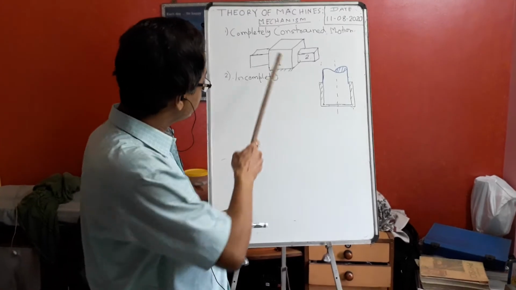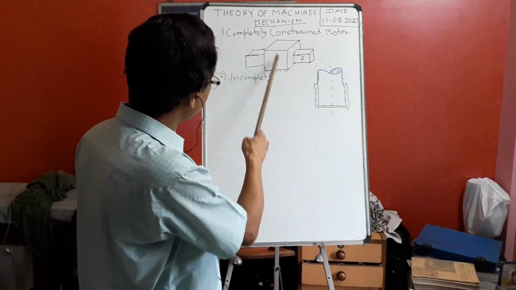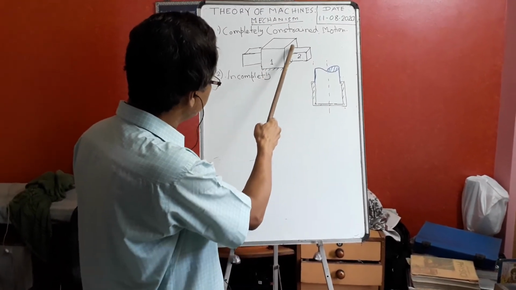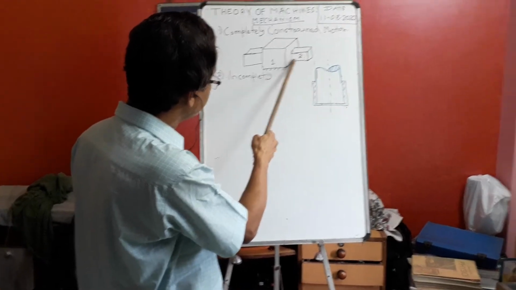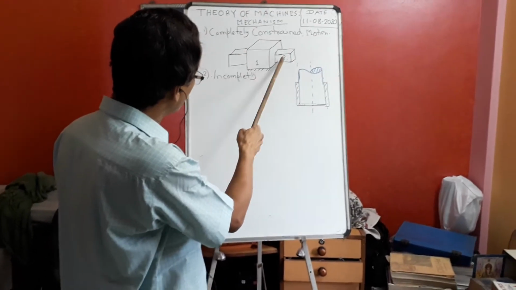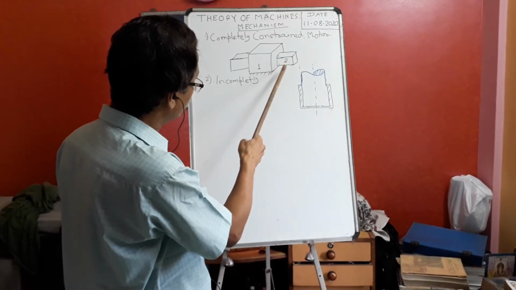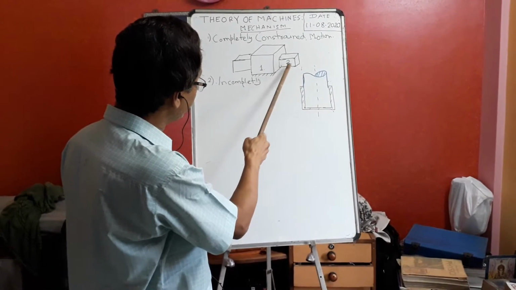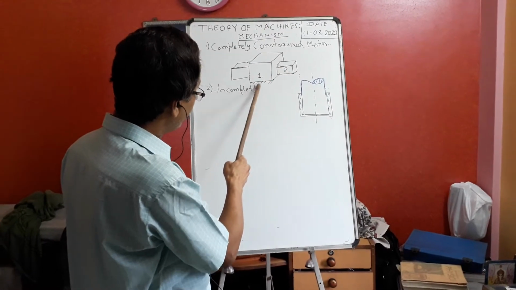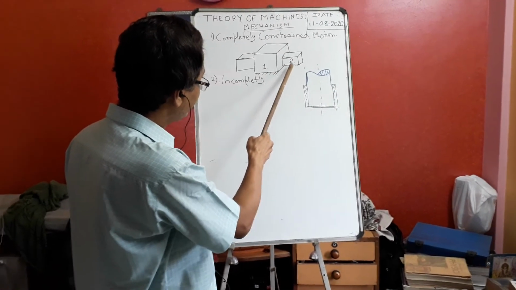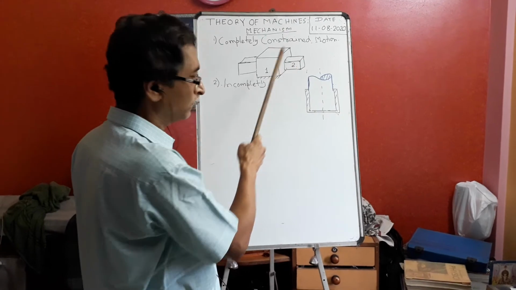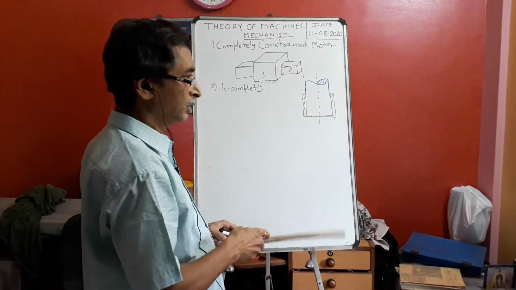I am saying this is link 1. What is our mechanism? There is one cylinder box, inside there is a groove, and inside the groove there is another component I have inserted. That is component number 2. Then how many links? Link 1 and link 2. Now link 1 I have fixed. Then what type of motion can link 2 or component 2 have?